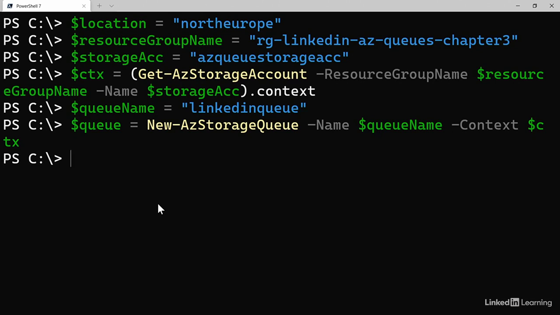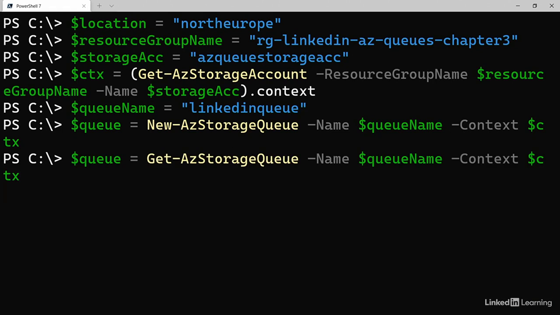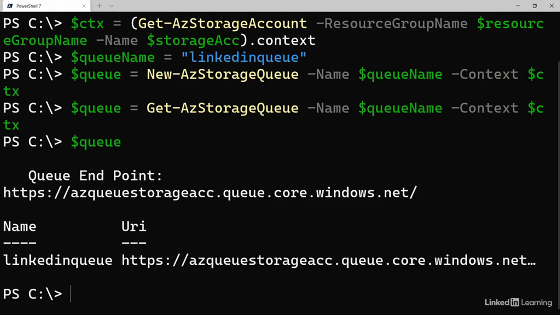Now you can run a query and retrieve a specific queue or a list of all the queues in the storage account. For this example, I will retrieve all queues in the storage account as well as a specific queue, and both commands use the Get-AzStorageQueue cmdlet. To retrieve a specific queue, you run Get-AzStorageQueue followed by the variable name and the context. To show the properties of the queue, you type the variable name queue. To retrieve all queues and show their names,